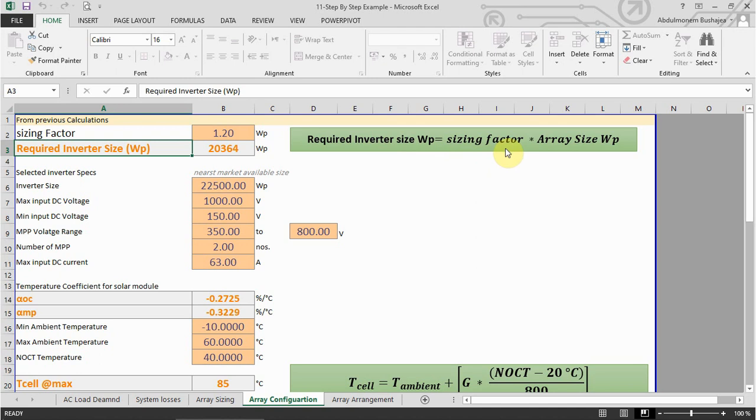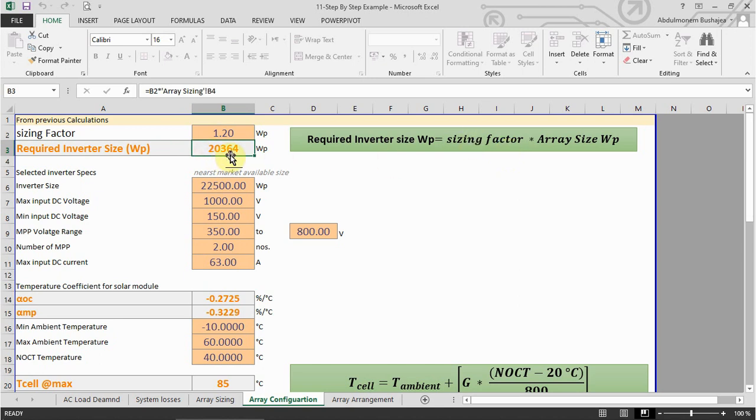You will see that in some places you need to derate or undersize your inverter, and in some places you need to oversize it. So in our case, we oversized our inverter to 1.2, so that we had an inverter